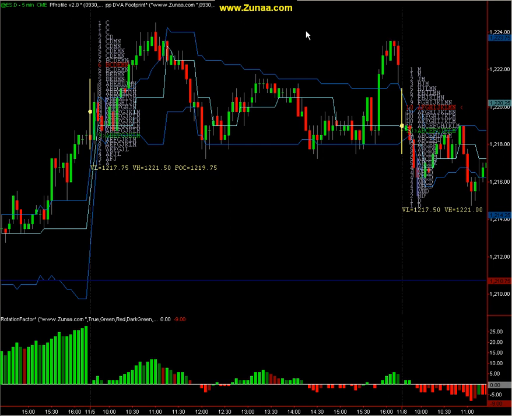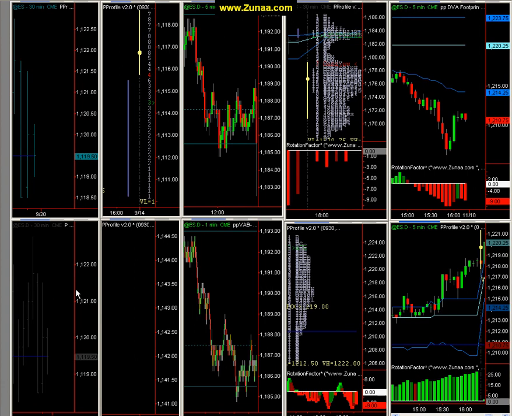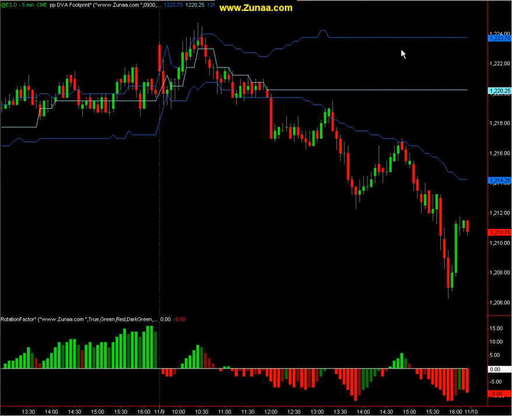So that's pretty much my favorite profile indicators. There is another one which I'll quickly go over. Now let me explain it this way. What we're going to do is, let me show you this. This is a developing value area. This is based on TPOs, or price, in other words, where price is spending most of the time. This is the point of control. The logic behind this is to find the highest area of volume being traded. It's a proxy for that, however. It's based on price itself. It's not based on the actual